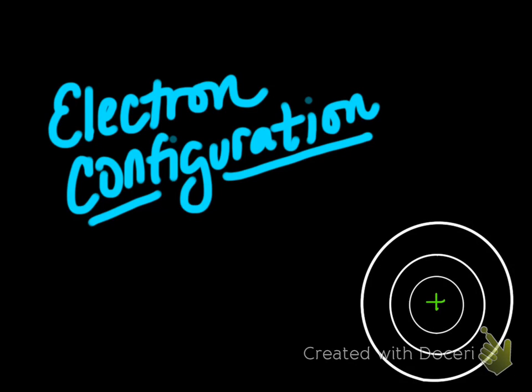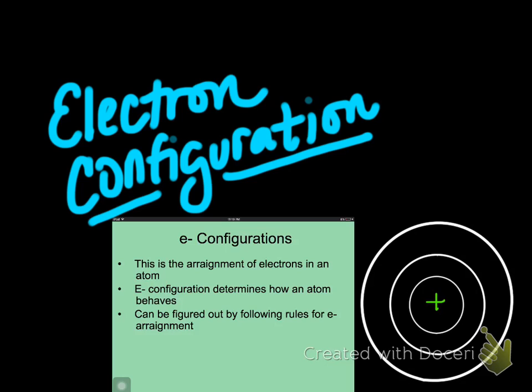This is a tutorial on electron configuration. Electron configuration is the arrangement of electrons in an atom. And electron configuration determines how an atom behaves. It's fairly simple to figure out how the electrons in any given atom are configured if we just follow the